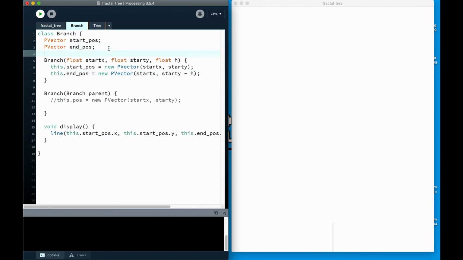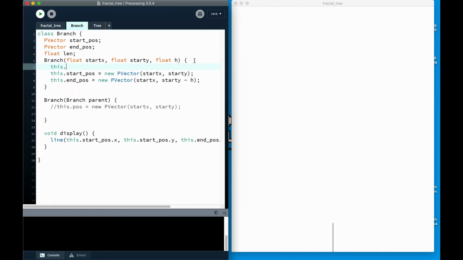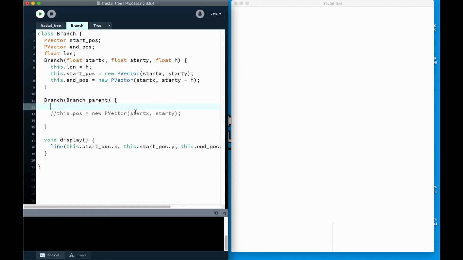Let's create a length. So let's say float length. Oh, can you see that's highlighted? I just call it len. Float len equals float len, and then in here we're going to say this.len equals h, and so that will be the length of our branch. And then when we make one with just a parent, we're going to say this.len equals parent.len